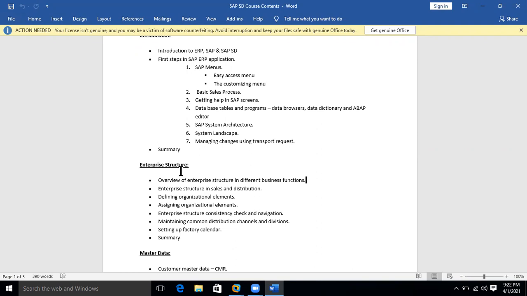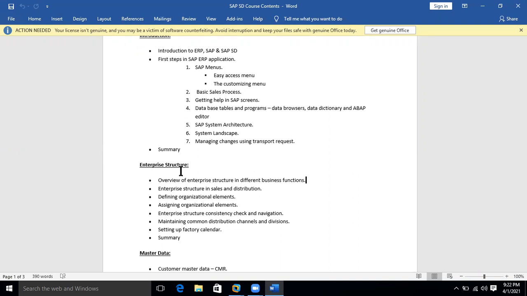Then we have also seen options to do a consistency check. In this consistency check, we can see the major errors for your org objects. And also we have seen navigation using the transaction code EC01. So you can find the linked objects to company code. If you go to the sales org creation screen, from there you can see all the org elements linked to the particular sales organization. That is how navigation helps to find all your relevant org elements.